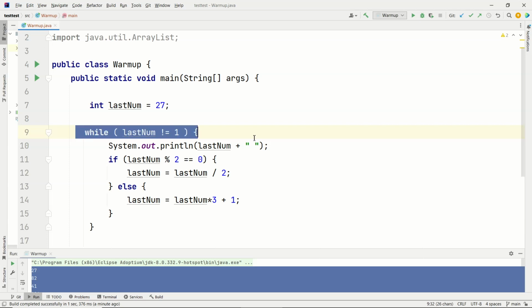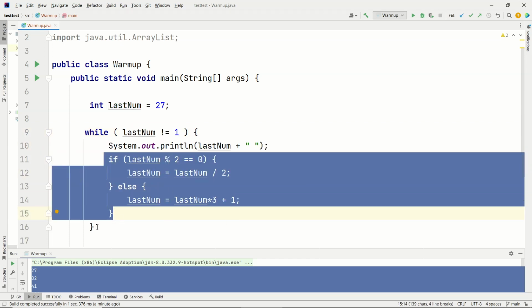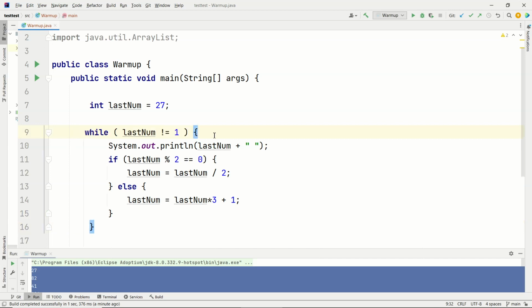So this is logically tricky, and as we do more problems, I'll give you more tools for thinking about this. But just be aware that you might naturally want to think about an if statement for when you stop, but with while loops, you think about what needs to be true for me to keep repeating. So as long as my last number isn't 1, I'll print what it is, I'll replace it with the next number in the sequence, and then I'll come back to the top and do it all over again. And so now we can run it,